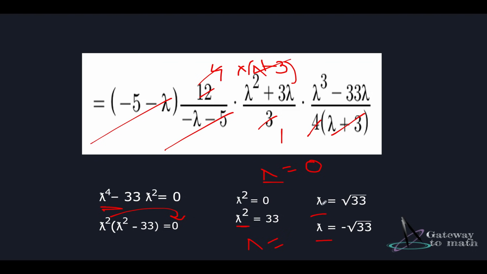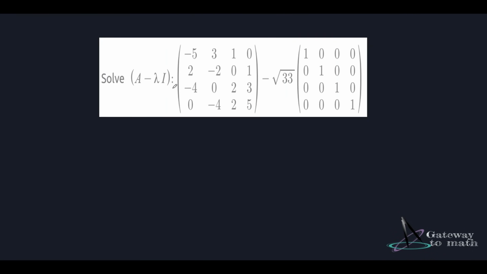Now we need to replace these eigenvalues in our original characteristic equation and then solve them to find the eigenvectors. Okay, so let's go ahead and do that. We'll start with under root 33, then we'll move to negative of under root 33. We'll be placing all these values in the same equation, and we'll have to reduce the matrix in row echelon form, row reduced echelon form, and then find the eigenvectors for all the three eigenvalues. Okay, and that's why this is going to be a lengthy process. So let's go ahead and do that.